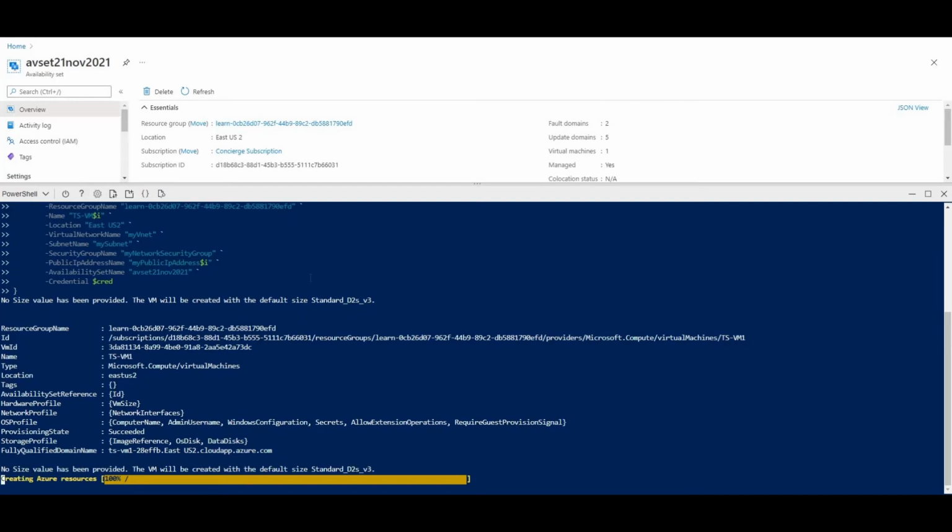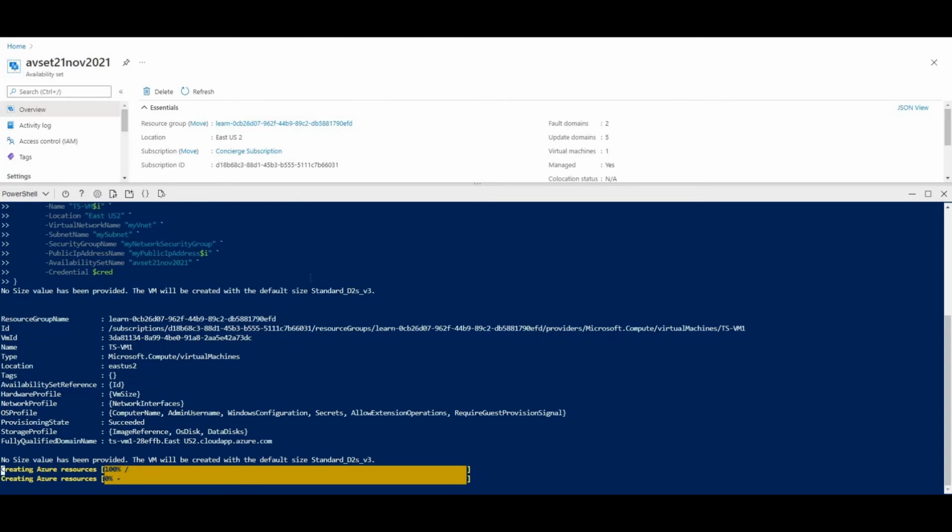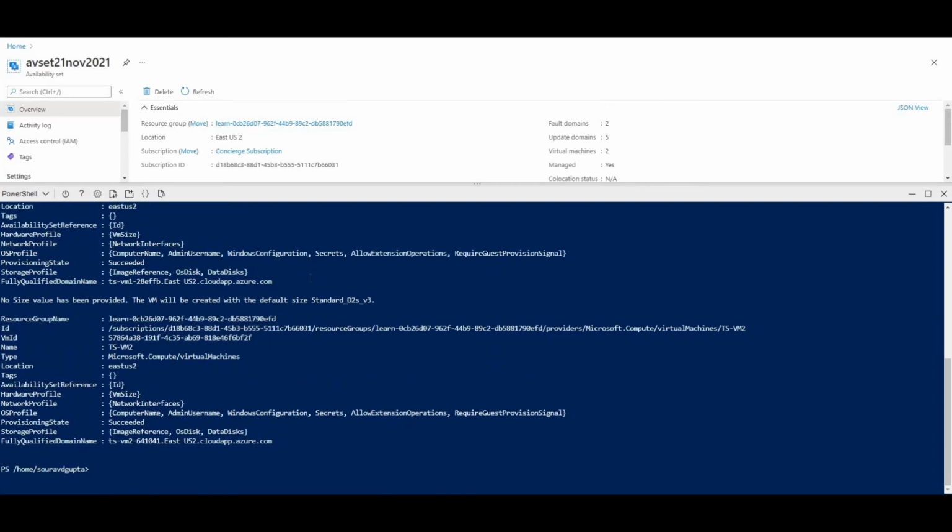Now we can see that creating Azure resources is 100% for one VM. Now it's creating the second VM. Yes, now we can see that both virtual machines have been created.